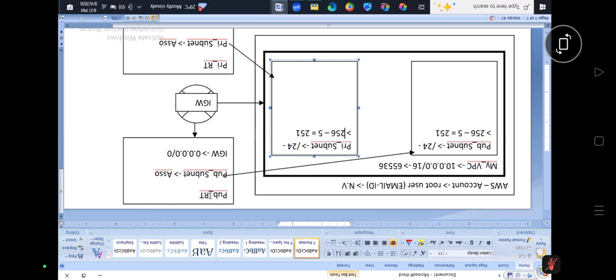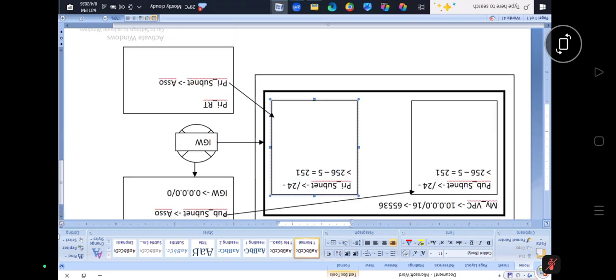So with the help of the private route table, we are going to associate the IGW, and then we are going to associate the public subnet, and we are going to add the routing along with the IGW using 0.0.0.0/0. This is the default routing prefix, right? So like this we are going to create the